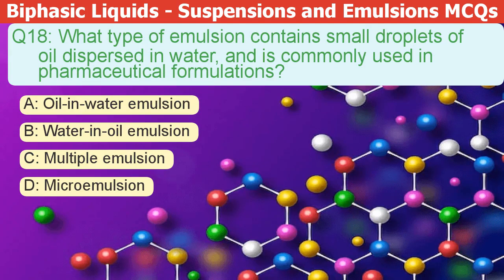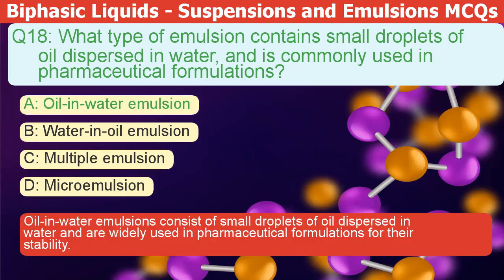What type of emulsion contains small droplets of oil dispersed in water and is commonly used in pharmaceutical formulations? A. Oil and water emulsion. B. Water and oil emulsion. C. Multiple emulsion. D. Microemulsion. The correct answer is A. Oil in water emulsions consist of small droplets of oil dispersed in water and are widely used in pharmaceutical formulations